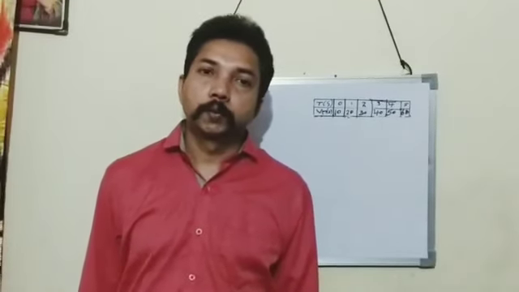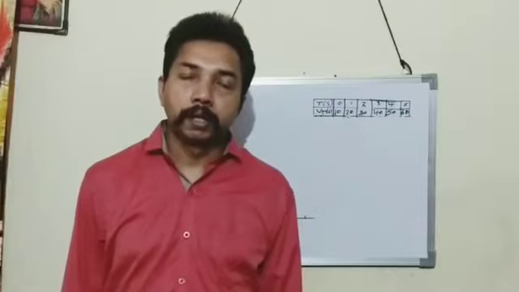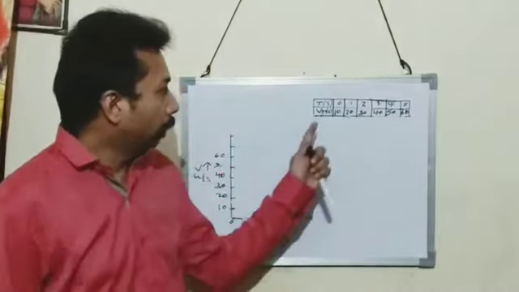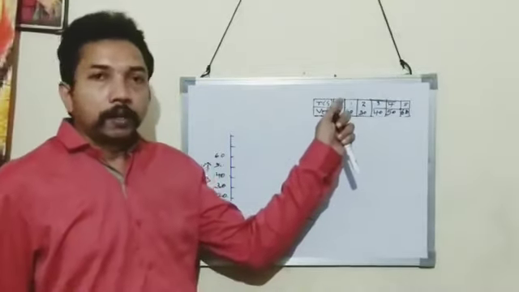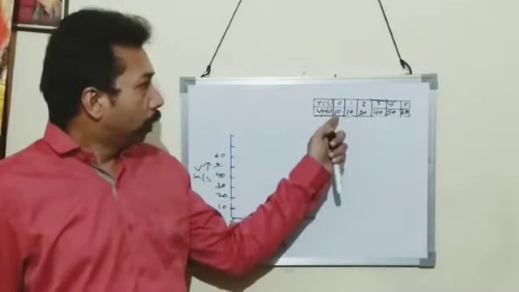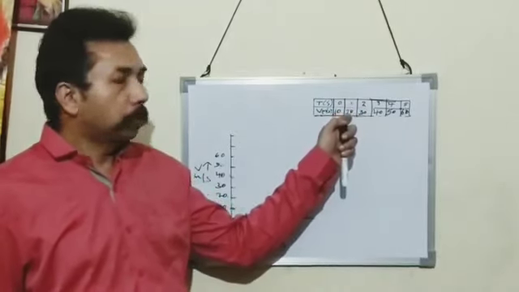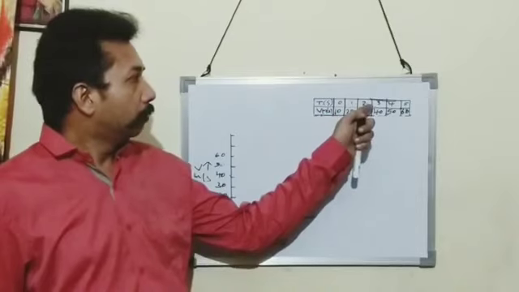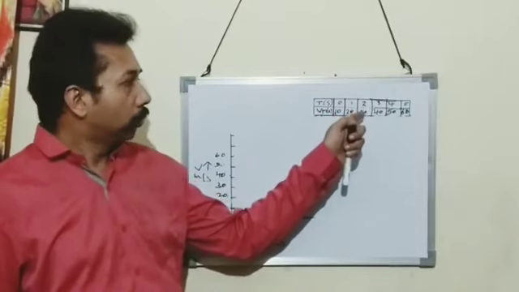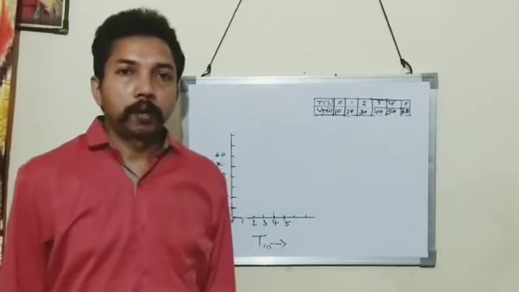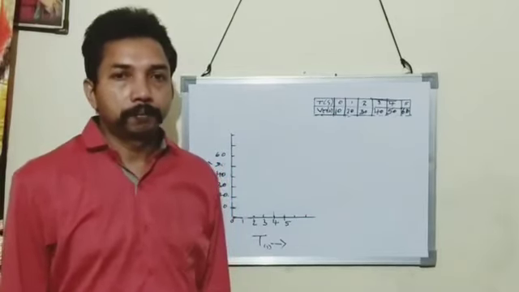Now the next is the velocity time graph of a body which is initially not at rest. You see this table. At the 0th second, the body has a velocity of 10 meter per second. At 1 second, the body has velocity of 20. At 2, the velocity of the body is 30. At 3, it is 40. At 4, 50. 5, 60, and so on. So we have to plot these points on the velocity time graph.